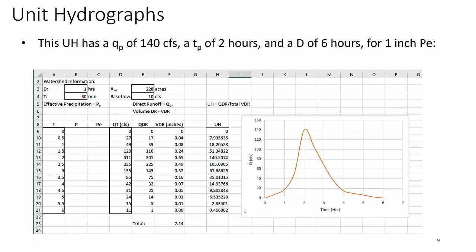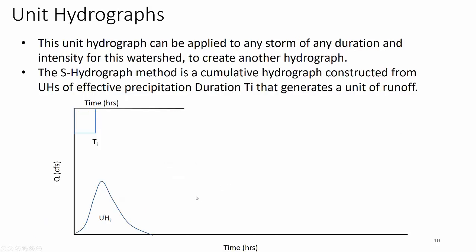And that is what runoff looks like for a very specific set of data, real data converted to a unit, by simply taking the real data minus base flow divided by the total amount of rainfall that led to that unit hydrograph. This unit hydrograph can be applied to any storm of any duration and intensity for the watershed to create another hydrograph. So the S hydrograph method is a cumulative hydrograph constructed from individual rainfall unit hydrographs of effective